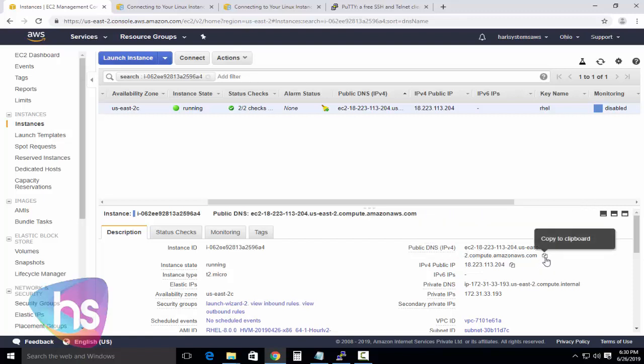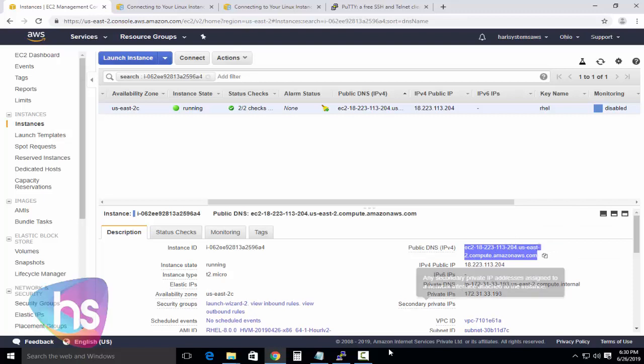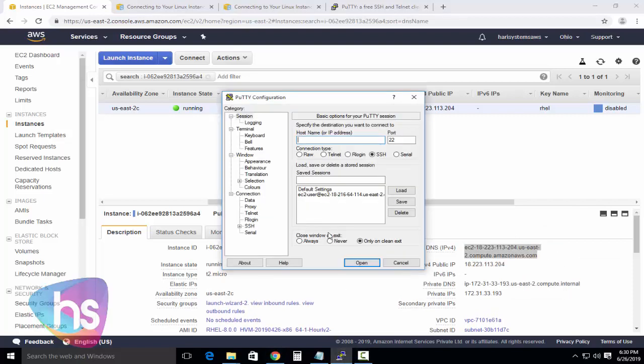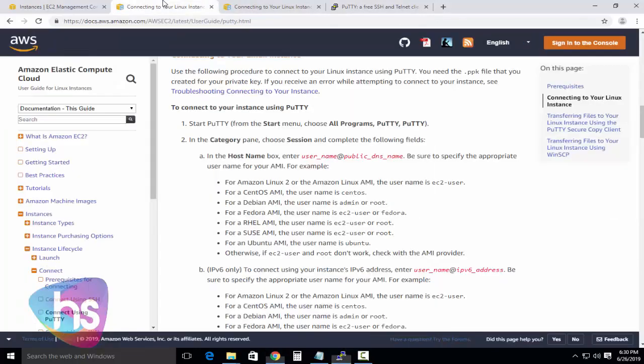And you straight away take a click on the copyboard icon here. Click here to copy. These are the things to click, copied. See, this is the address where we need to connect by using public DNS IP version 4. Okay, take that copy, and here we need to type the name,